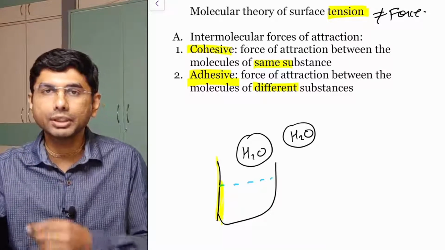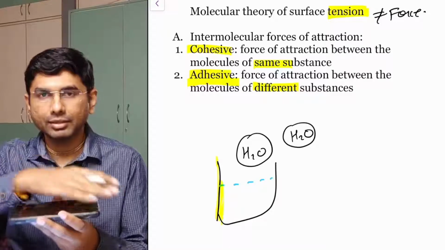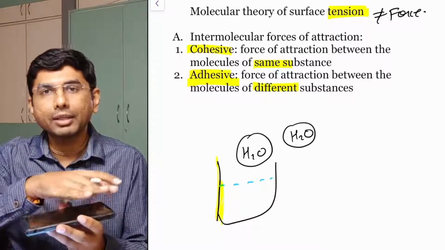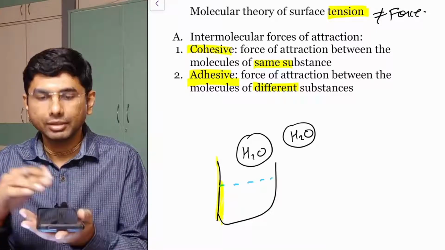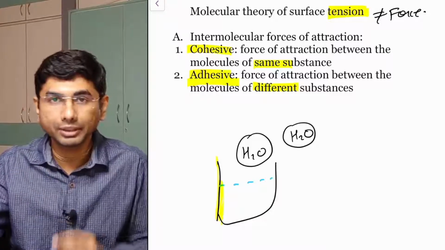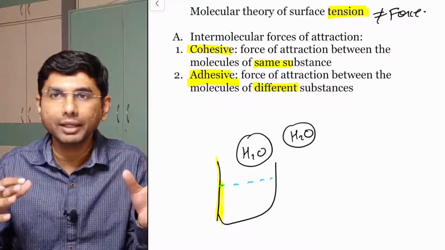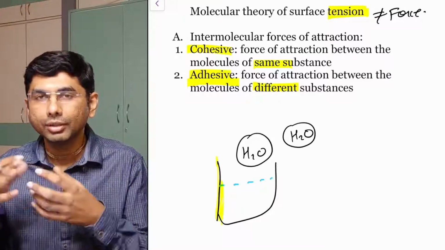And even if you just keep that mobile this way, you may say the dust particle is on the surface because of gravitation, but even if you make it vertical, still the particles will not fall down. Why? Because they are sticking to another substance. There is a force of attraction. The dust particles are a different substance, glass is a different substance, but they are still sticking to each other. So that is adhesive force.